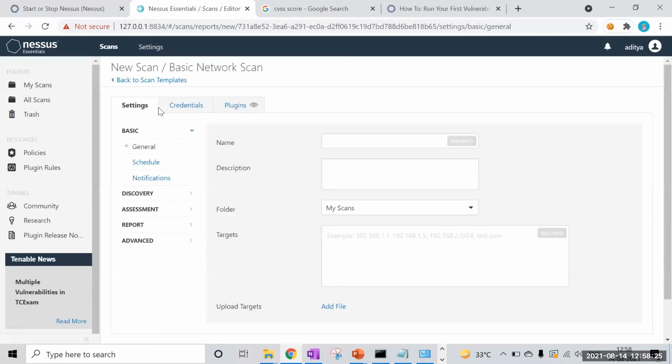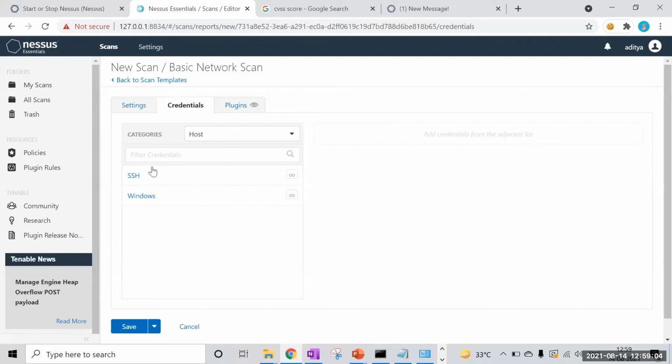We see these settings here. We can put the scan name, let's say test, and we can put in the targets here, like any IP address, or we can upload a list as well. We can upload targets, add file, and all those things. If we have a list of IP addresses, we can do that from the add file feature. And we can give any range of IP addresses here. So once done,